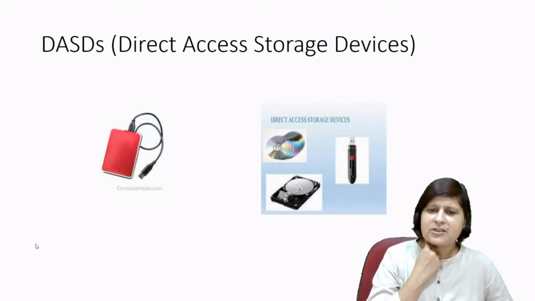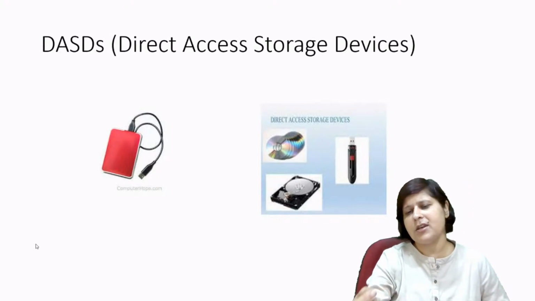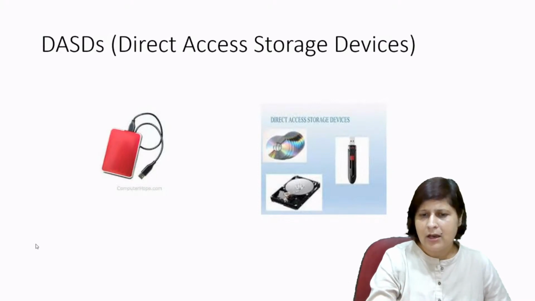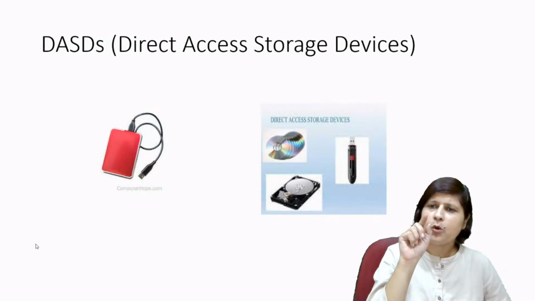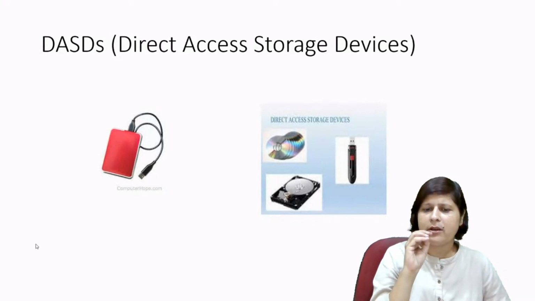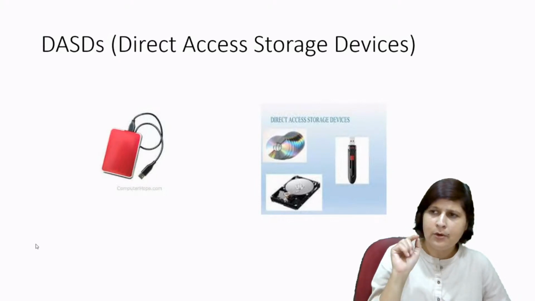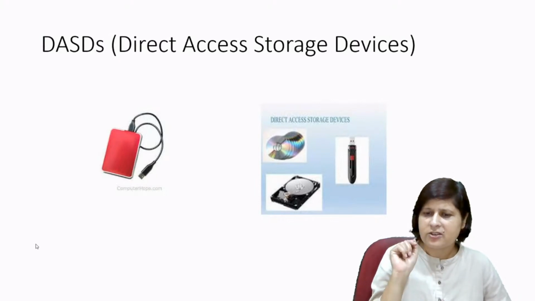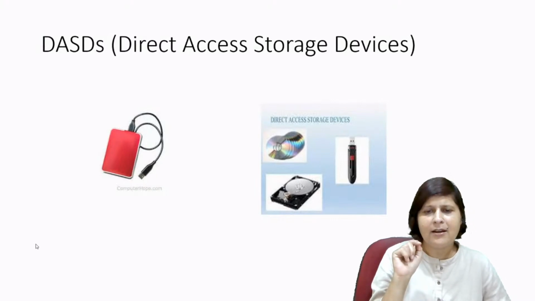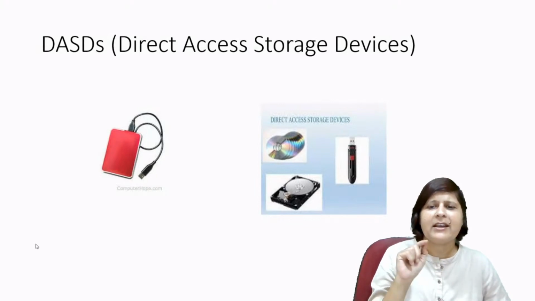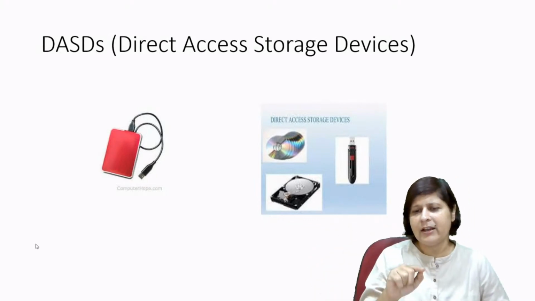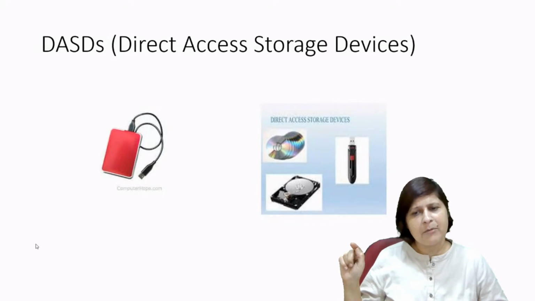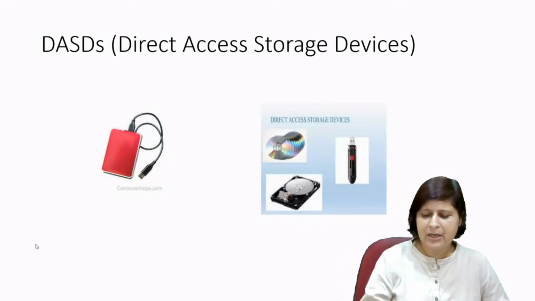Next is the direct access storage device. Direct access storage devices are your USB, your floppy drive, your compact disk drive, your hard disk. When you want to open chapter number 1 stored in your hard disk or floppy disk, you can go directly to that chapter, or that song, or that particular portion of the file. That is a direct access storage device. If you want to move from file 1 to file 7, you can directly open the seventh file rather than opening the first file.